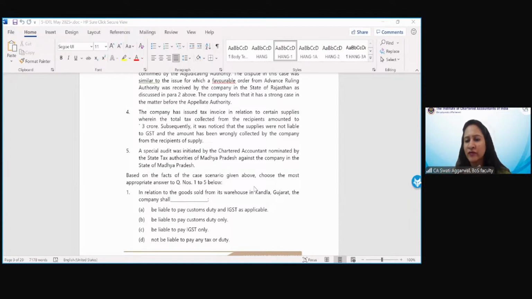You might have to refer the full case scenario again and again, or it might happen that one part of information is given in a particular para 1, or some part is given at the end of the case scenario. So you have to be very cautious, very careful. You have to go through the facts of the case scenario, and very carefully you have to locate the information which has been sought in the question with the facts provided in the case scenario.